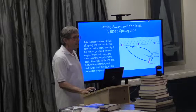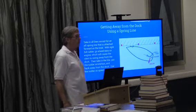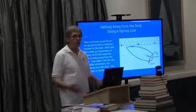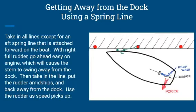Now, the final thing is getting away from the dock when you have the engine available, because sometimes the wind is blowing you onto the dock. Like you have a 10 or 15 mile an hour wind setting you onto the dock. You can let all your lines go, and all you're going to do is stay there. So how do you get the boat off without banging it? Well, we're going to use the engine